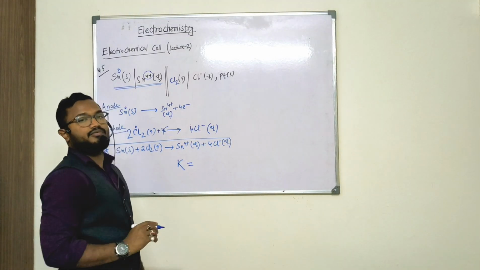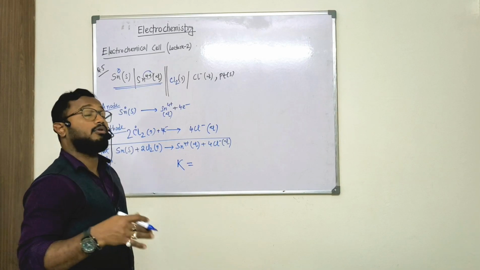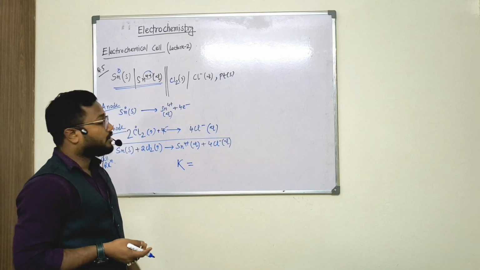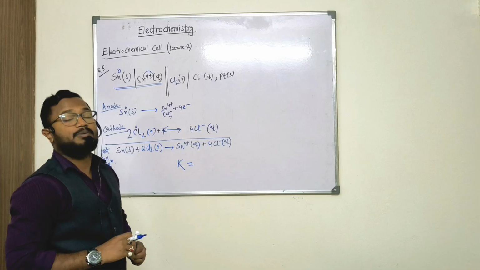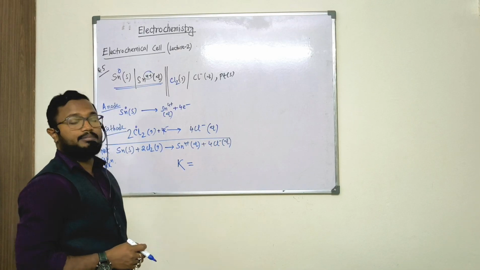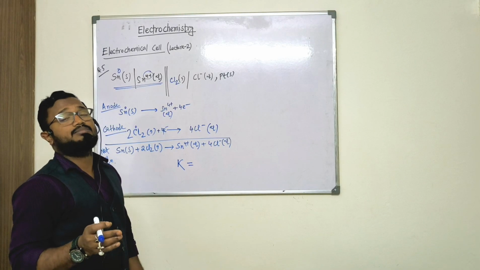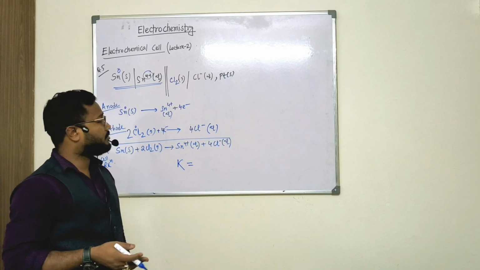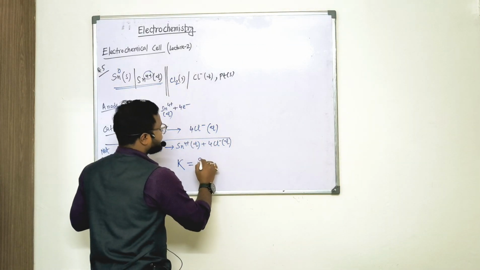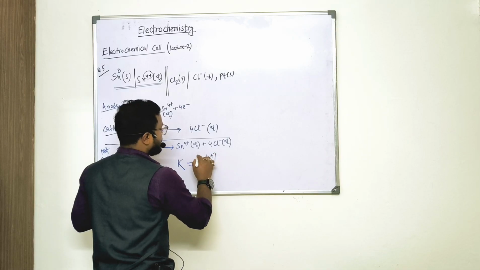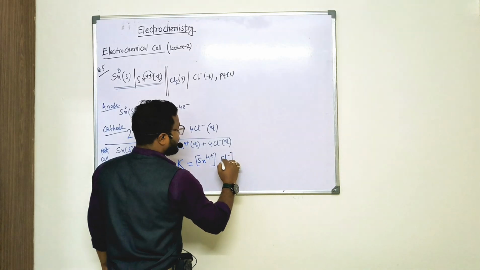We know in case of equilibrium constant, according to Le Chatelier's principle and according to law of mass action, these are explained. Here we are going to use law of mass action. Le Chatelier's principle generally explains the direction of the reaction, and for equilibrium constant, law of mass action is used. Generally it is represented in terms of activity, but for 11-12 standard, we can represent in terms of concentration and pressure. Let's see, in this case, Sn4+ product concentration divided by reactant concentration